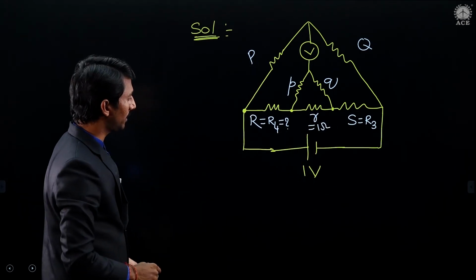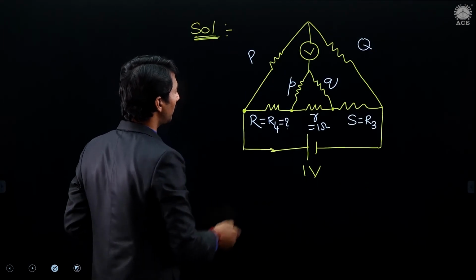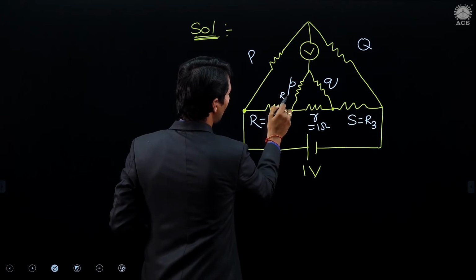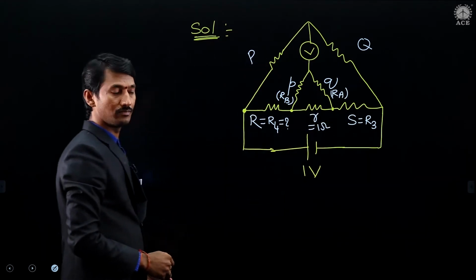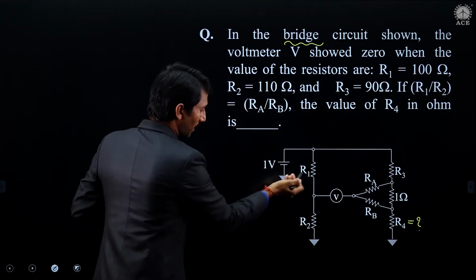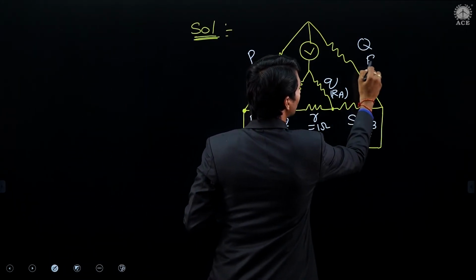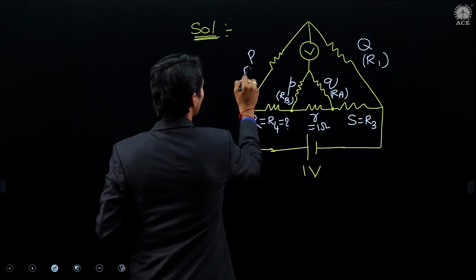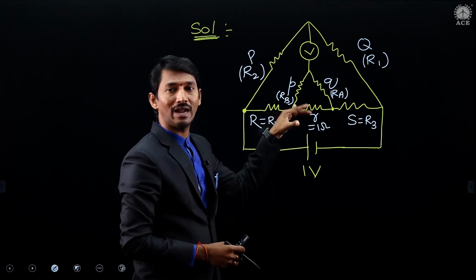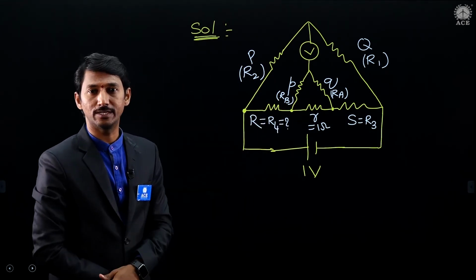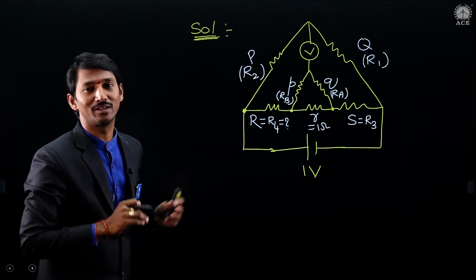Okay, right. After that, these two internal branches are RB and RA. This is given as RB. This is given as RA. Just rotate like this. After that, this is R1 and this is R2. This is given as R1 in the question. This is given as R2. Only to confuse you, to kill the time, the circuit pattern and the given terminology are in a different fashion. If you observe this, simply our structure is Kelvin double bridge circuit only.